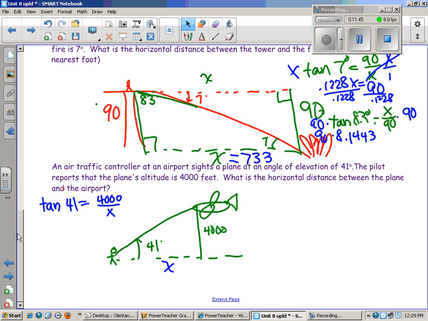Now, instead of asking for the horizontal distance from the plane, what if I said, what's the distance between the air traffic controller and the plane? What part would you find? The hypotenuse, right? Okay? We can't solve for x in the bottom of the fraction, so unfortunately, we've got to get rid of it first. So I move it over to the other side, and that gives me x times, what is the tangent of 41? Equals 4,000. Okay, divide by 0.8693, and I get